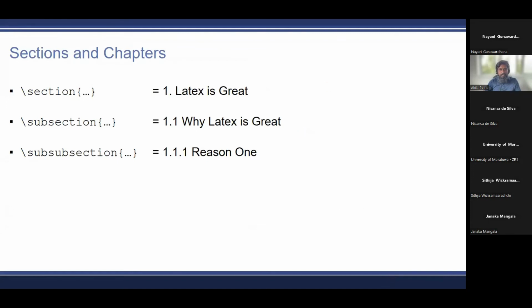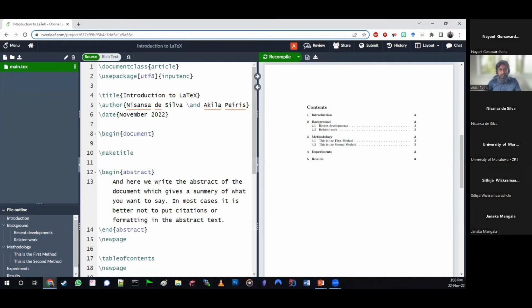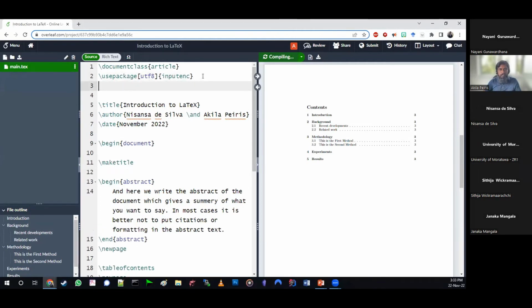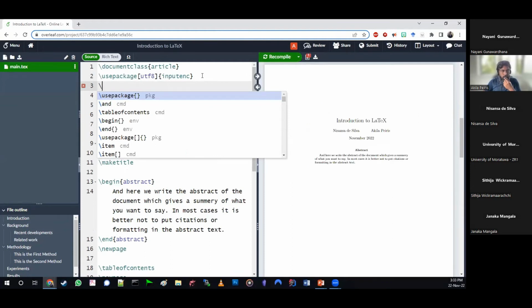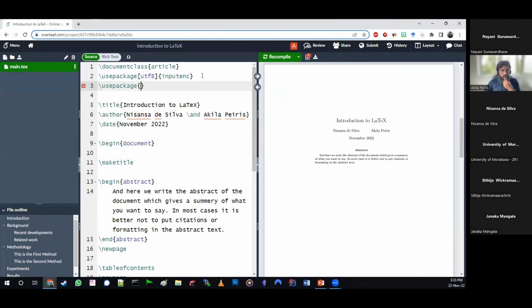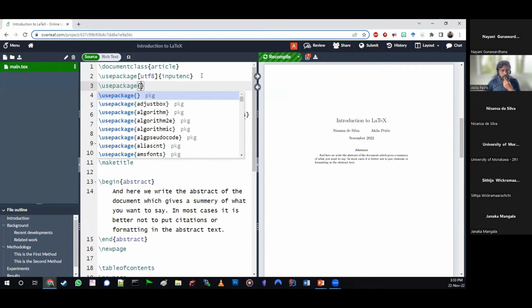So the lipsum package is for us to see how our document would look when we actually add text. Obviously we have only limited time for this presentation, so we are not going to type 2000 words in this document. When you want to do a quick demo, we are going to use a package called lipsum.